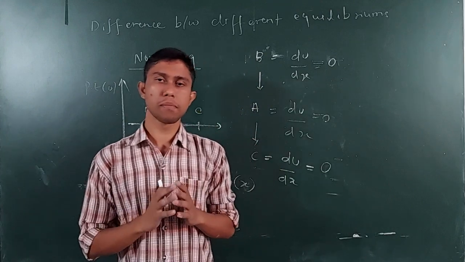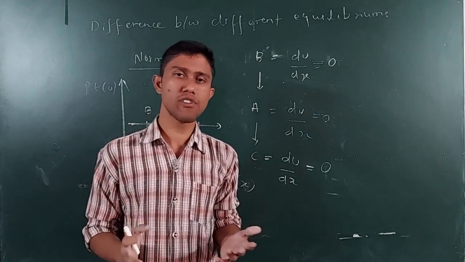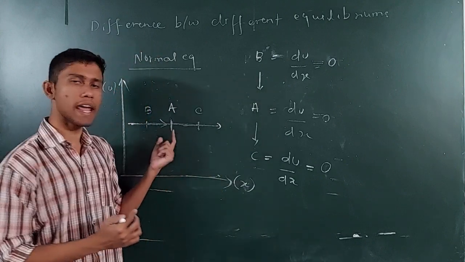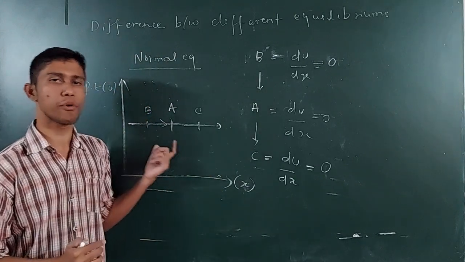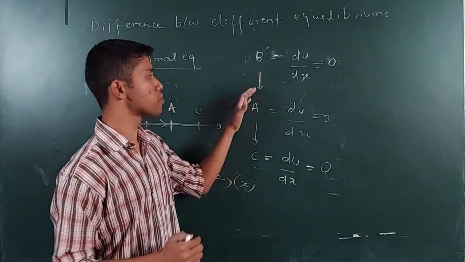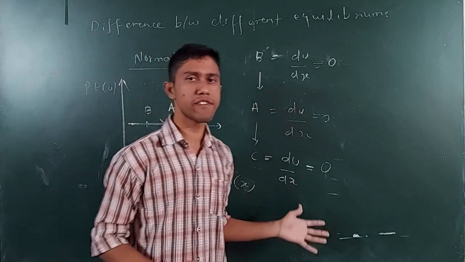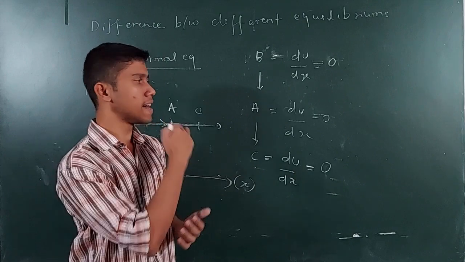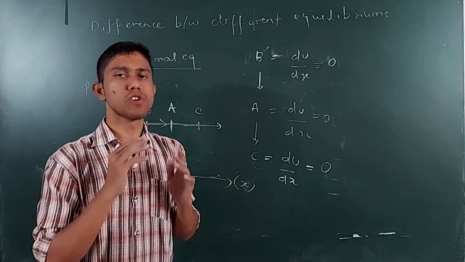And it is not a big thing, because I know in a neutral equilibrium every point is an equilibrium. If point A is equilibrium, similarly point B is also equilibrium and point C is also equilibrium. So all these points B, A and C are equilibriums, so it is a very simple thing. So now tell me,